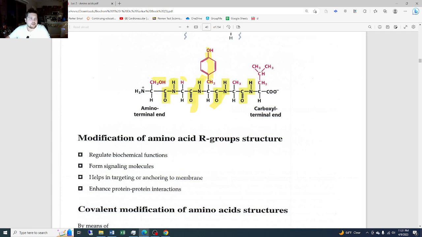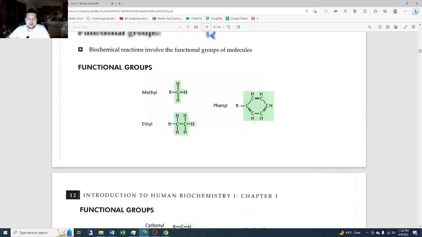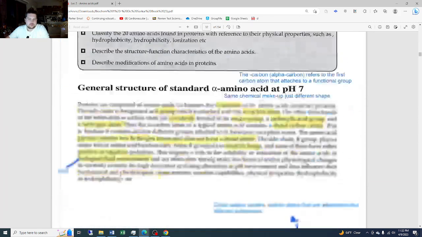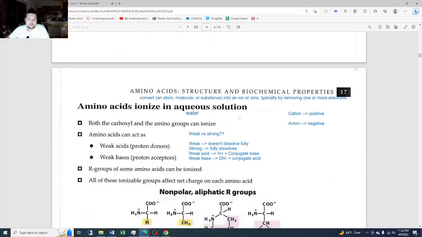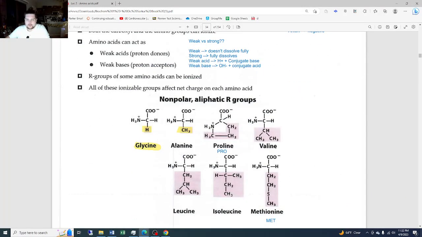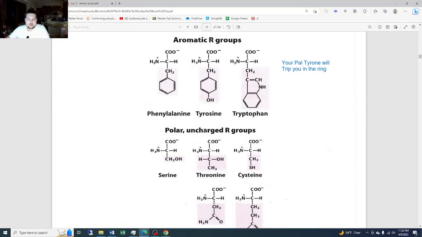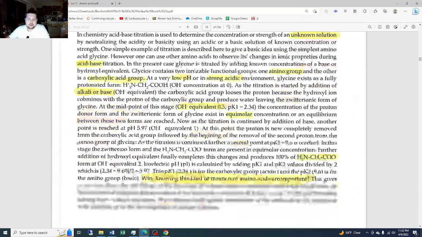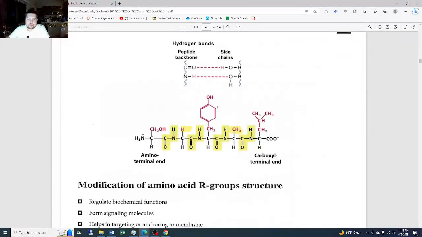So we have our single H right here. This was our glycine. CH3 was our alanine. Yep, it was our alanine. We had the OH, I believe that's our tyrosine that we have there as well. Yep, there's our tyrosine. So each of these, as they continue to combine to each other, you have the amino